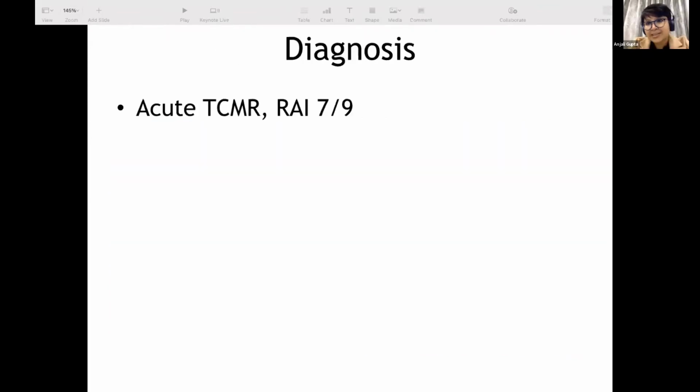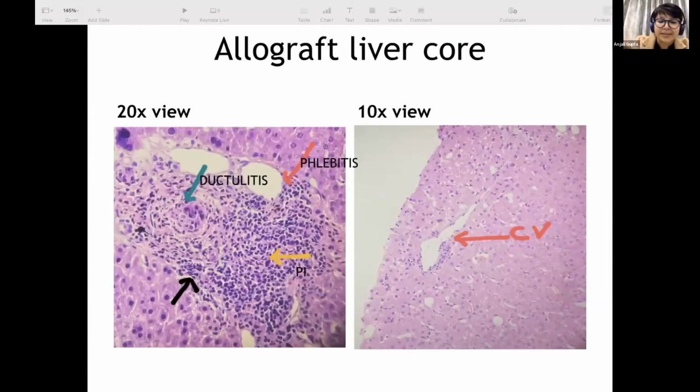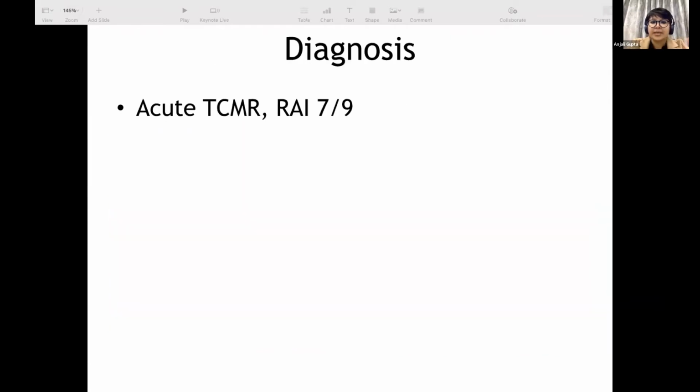Sorry, again, the same slide, I have not finished. Well, here we have to note one thing, that the portal parenchymal interface is pretty preserved. There is no spill into the surrounding parenchyma. The central vein here shows some amount of phlebitis. There are a few inflammatory cells just underneath the endothelium. The next slide, please. And so a diagnosis of acute T-cell mediated rejection, activity index of 7/9, was made in